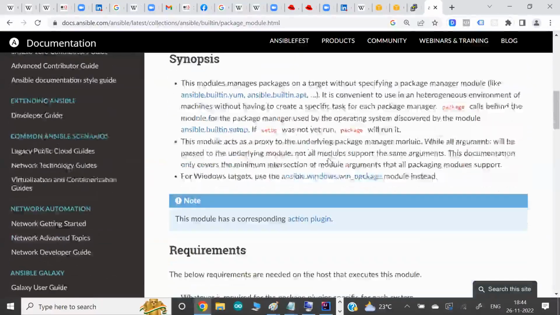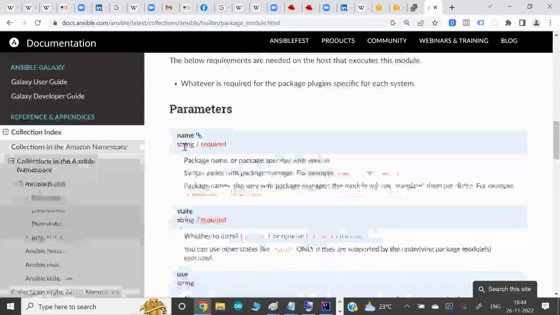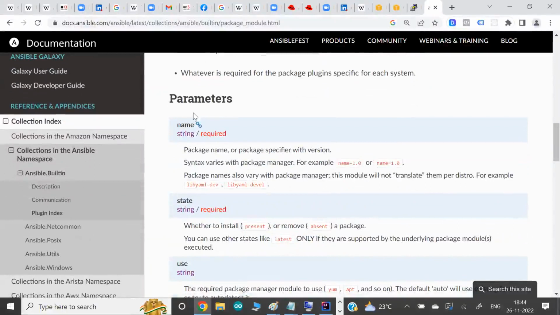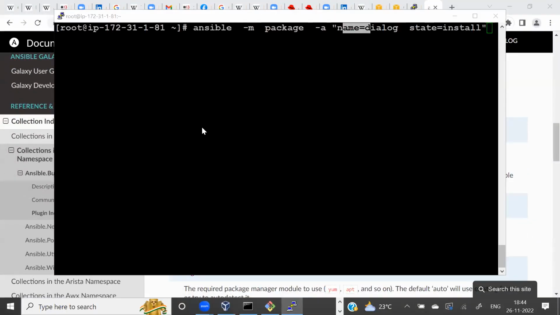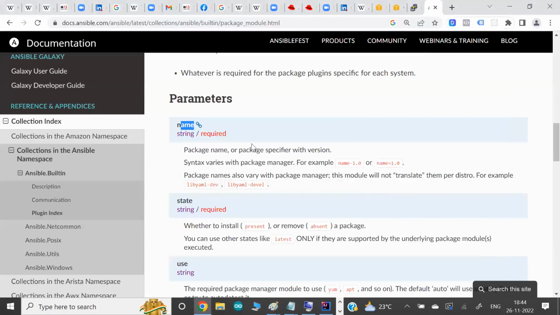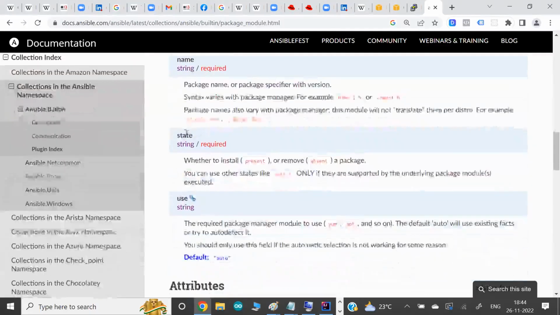If you go there, it says name is one of the attributes, also known as a parameter. So name is one of the parameters we have, where you have to give the software or package name. And state is one of the parameters where you can give the value. The value would be either present or absent.